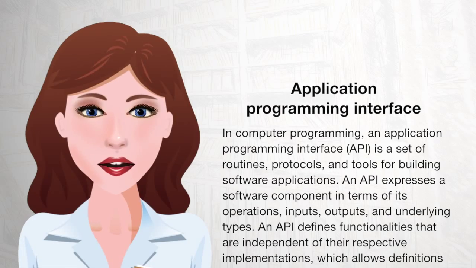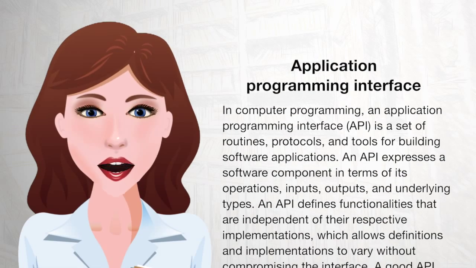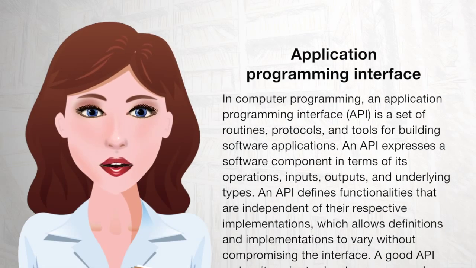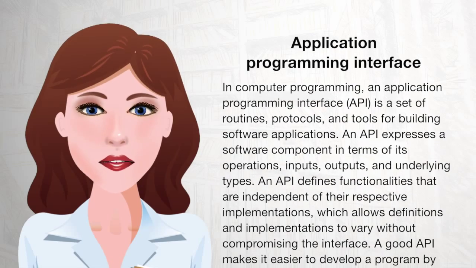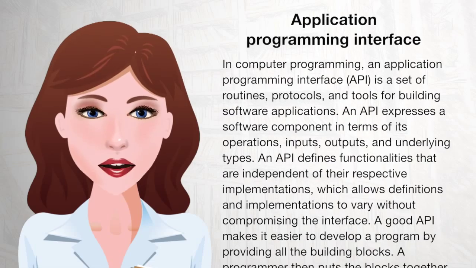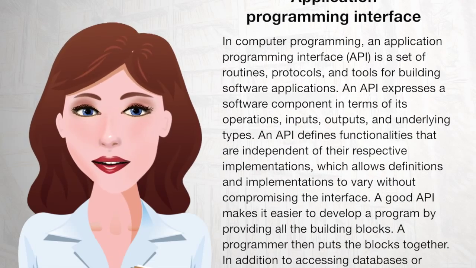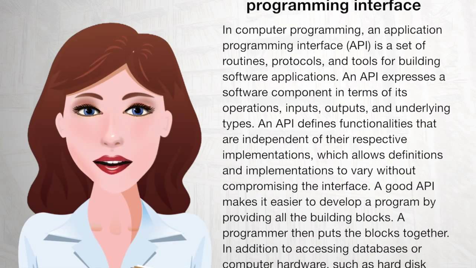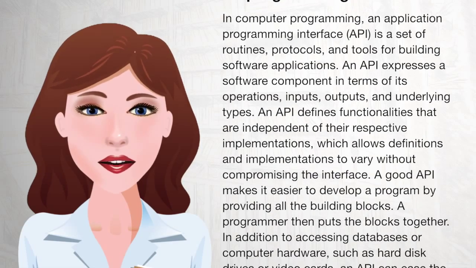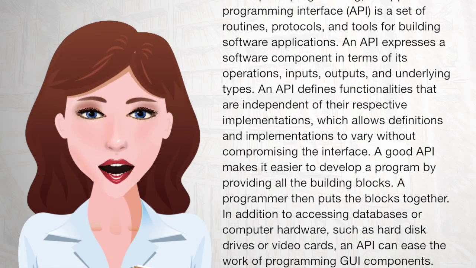In computer programming, an application programming interface, API, is a set of routines, protocols, and tools for building software applications. An API expresses a software component in terms of its operations, inputs, outputs, and underlying types. An API defines functionalities that are independent of their respective implementations, which allows definitions and implementations to vary without compromising